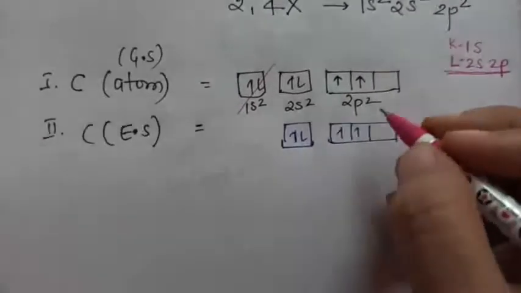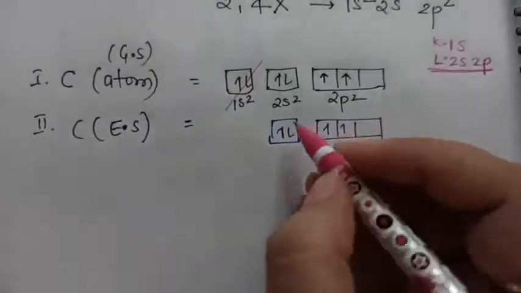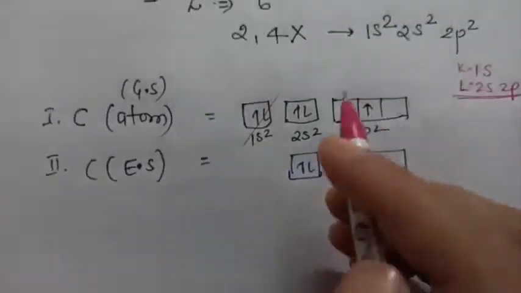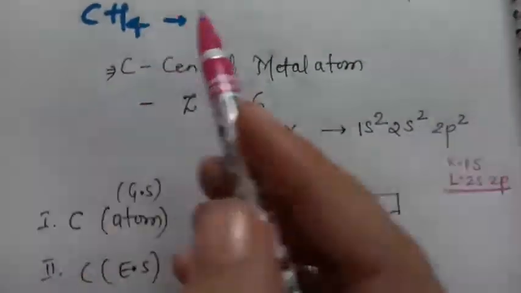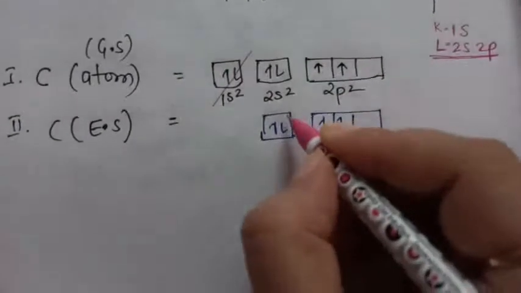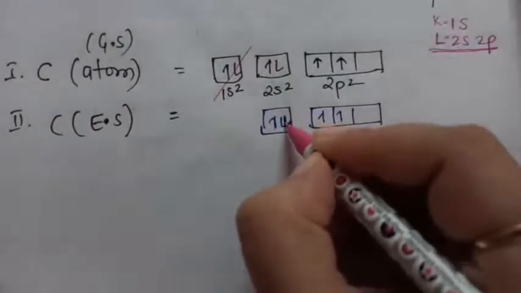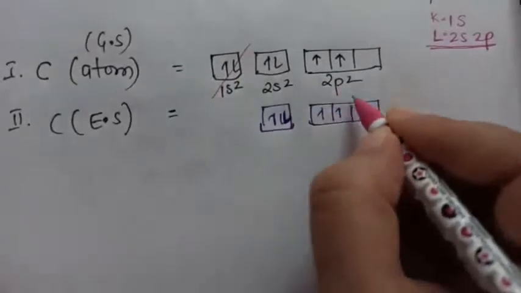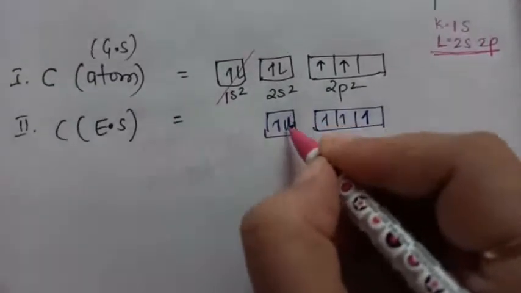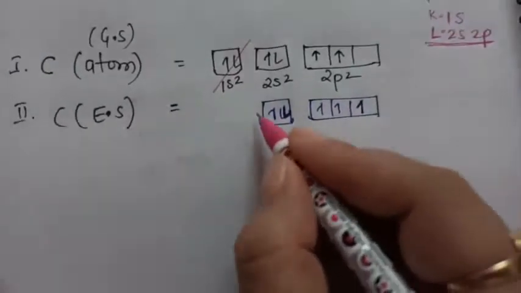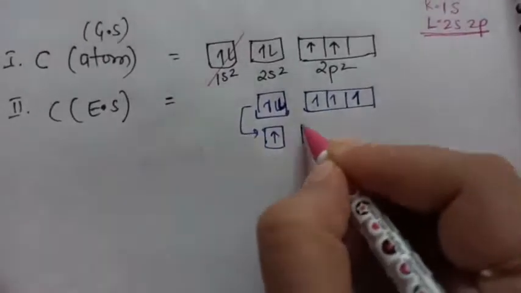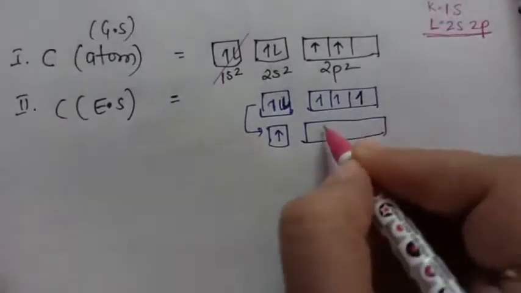Now it should have been the excited state, but I have to show how the excited state is made. Carbon is going to attach 4 hydrogens, so you will have to make 4 unpaired electrons. So you will excite the paired electron from the 2s orbital up to the last 2p orbital. When you do so, here also 1 electron is there. Now see, in the excited state it will look something like this: all the orbitals with a single electron.